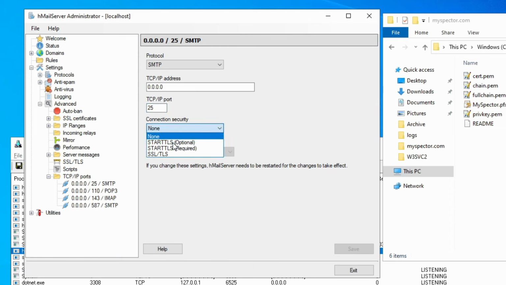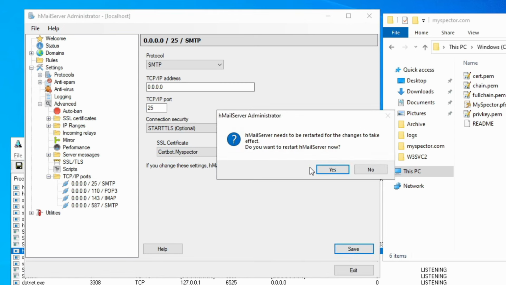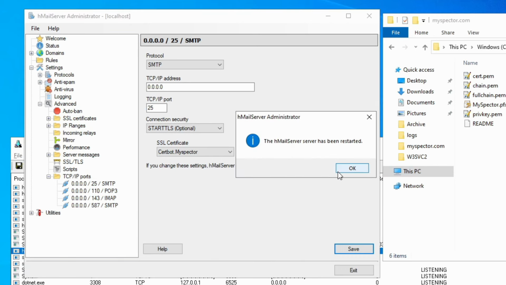And here there is STARTTLS. I will use STARTTLS optional. Then here there is the SSL certificate, and there is the entry that I have already configured, certbot-myspector, and I can save it. hMailServer needs to be restarted for the change to take effect. Do you want to restart? Yes. The hMailServer has been restarted.